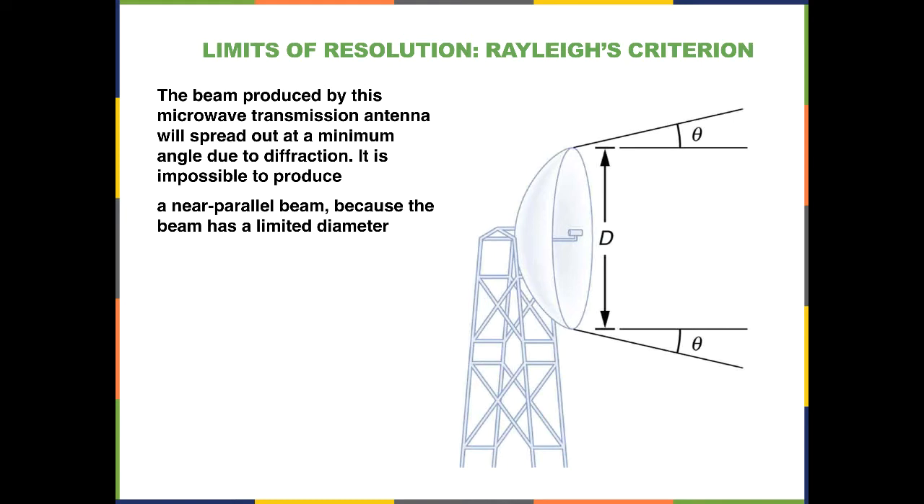So a beam of light that comes from this microwave transmission antenna will spread out at a minimum angle due to diffraction. It is impossible to produce a perfectly parallel beam because the beam has a limited diameter. You can see the diameter D, and the angle is produced by this, like from a circular aperture. You have theta, which is the angle that's produced for diffraction, and you're going to be back to that 1.22